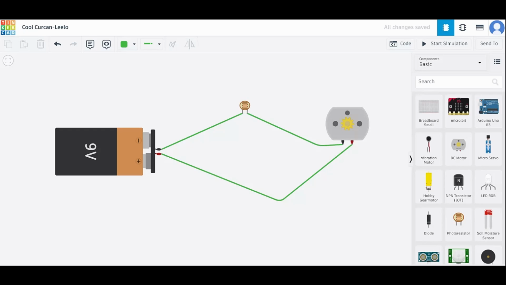Offset pulse width modulation. Motor driver can also be used. So Nafisa said you could do an offset pulse width modulation. So I'm going to read that as you could use a transistor, and then you could consider pulse width modulation